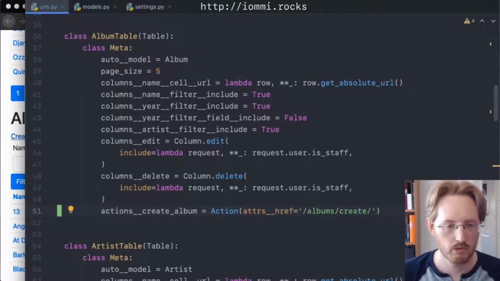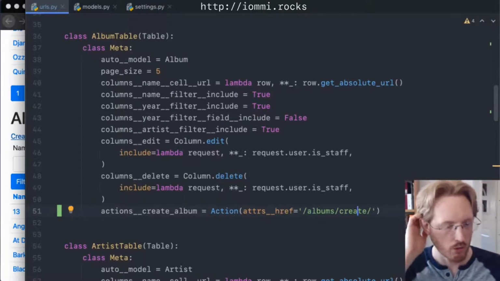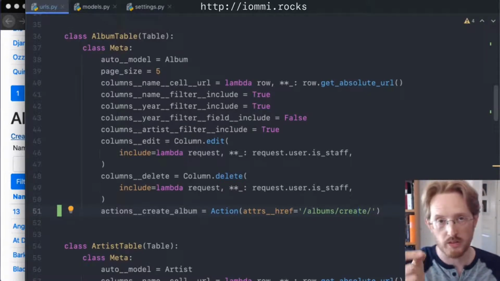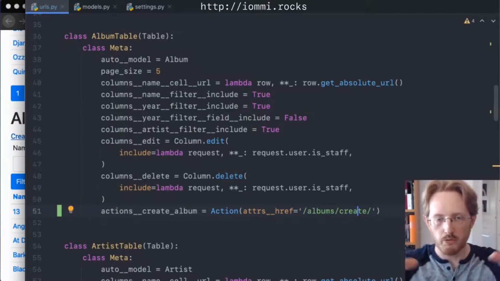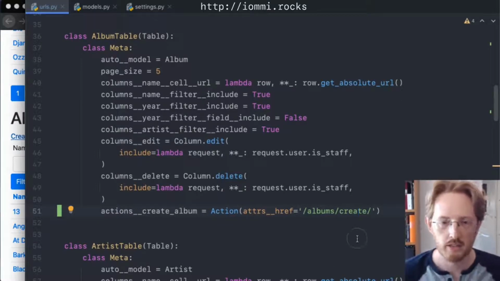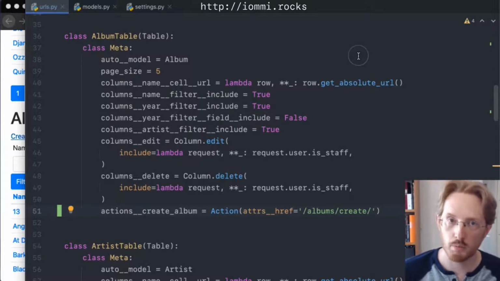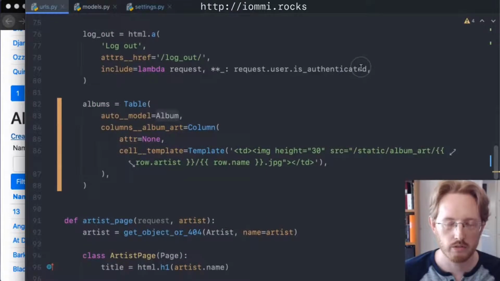So now we want to do some more customization, and I want to show that I really mean it when I say you can customize the small part. We've seen that with cell format and cell URL, but you can sort of progressively customize more and more, and still not throw away all your old work. So first we're going to do cell template. So we did cell format before, but you can actually do cell template, which is a more sort of powerful